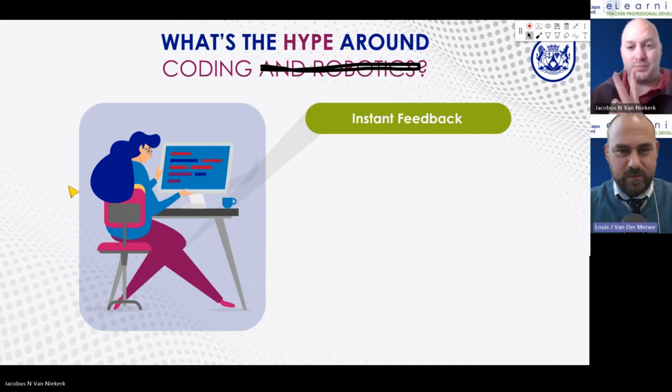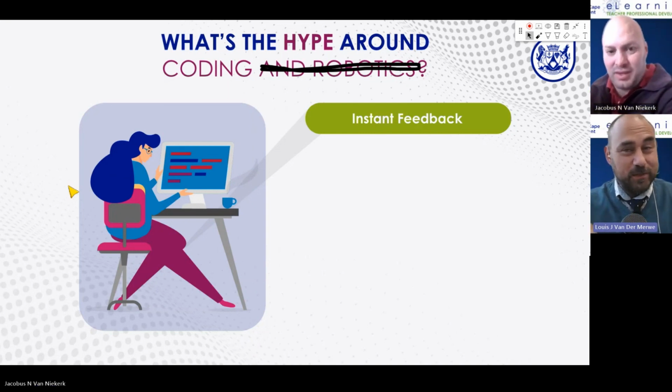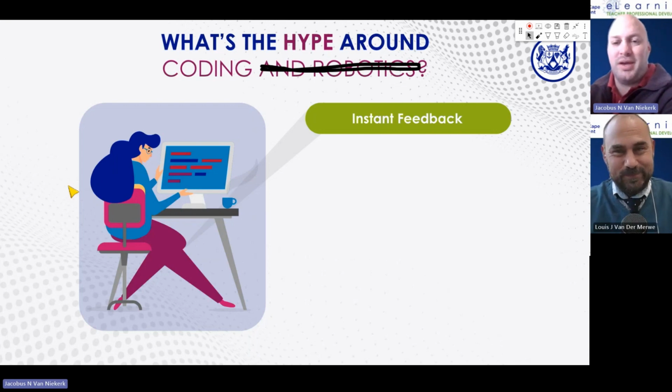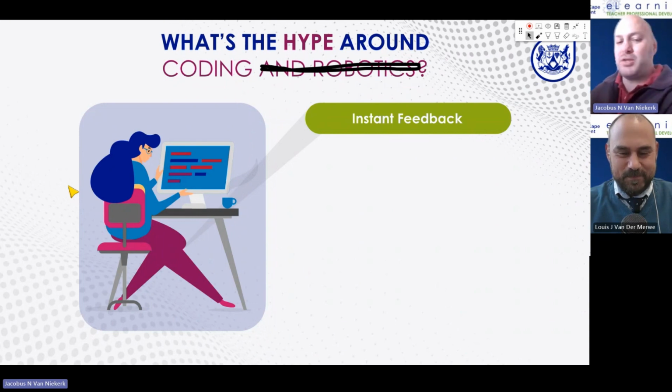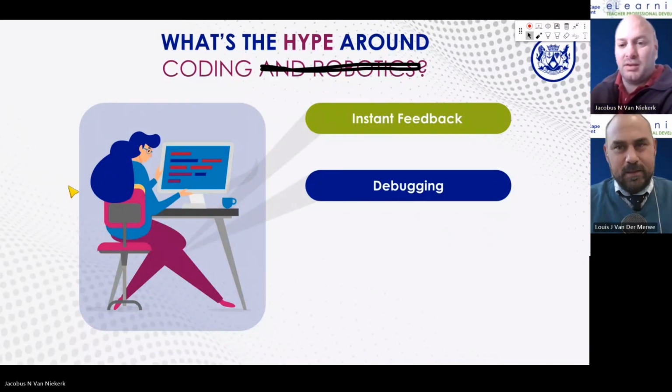Second one. Just on the concept of instant feedback, if you were going to use something like Gimkit or Google Quizzes in your classroom, you could have instant feedback. I'm just saying. Yes. Thank you, Louis. And that's kind of what we're talking about next week when we get to digitizing formative assessment. Your assessment for learning is the ability to answer questions and immediately know whether you're right or wrong, and then immediately know what to do next, which is where our next point is debugging. So, Louis, what is debugging? Tell us a little bit about it.